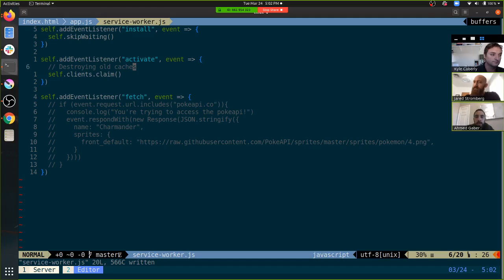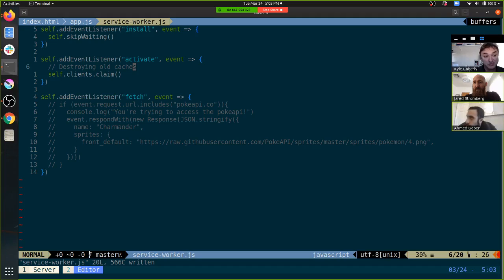So even if you had multiple tabs open with the same app, and one of them has a more recent service worker, and you did something like this, even though they're technically independent of one another, because the cache is restricted to that tab, as soon as you update one, it blows out all the rest. If you do this,